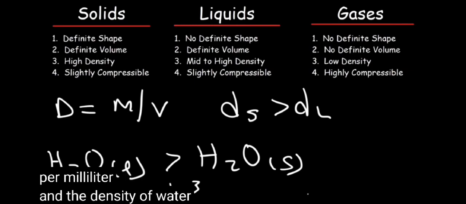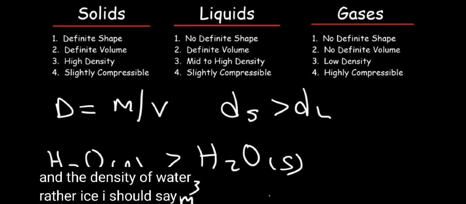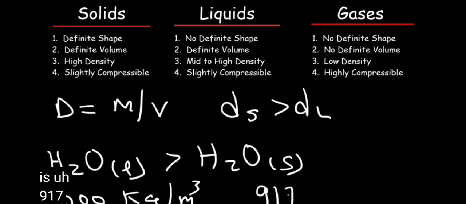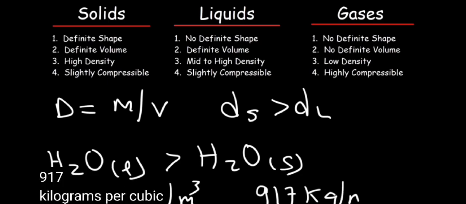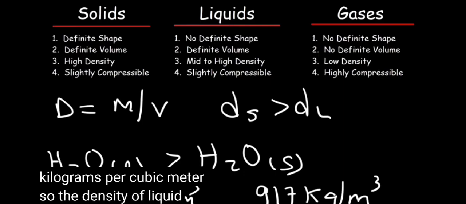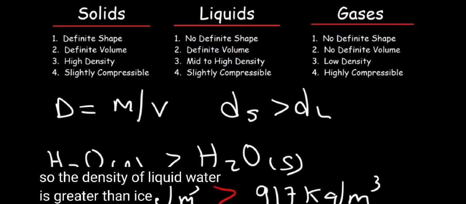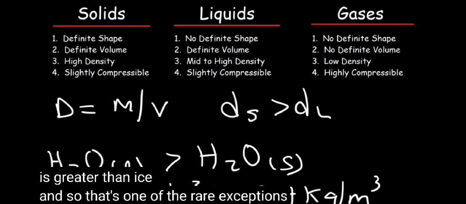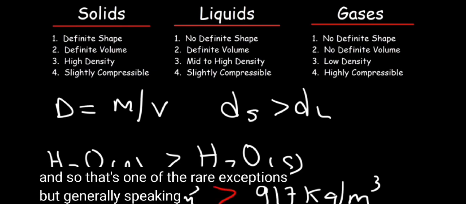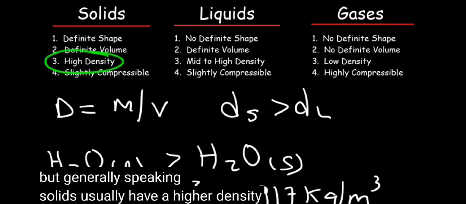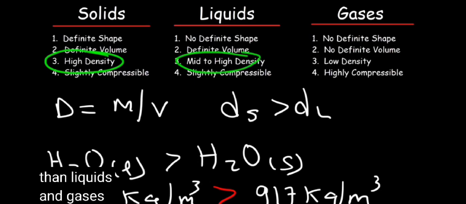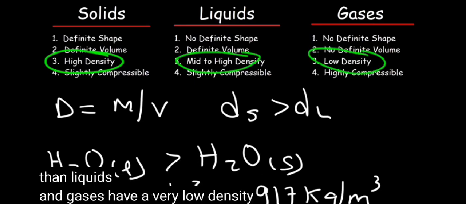And the density of ice, I should say, is 917 kilograms per cubic meter. So the density of liquid water is greater than ice. And so that's one of the rare exceptions, but generally speaking, solids usually have higher density than liquids, and gases have a very low